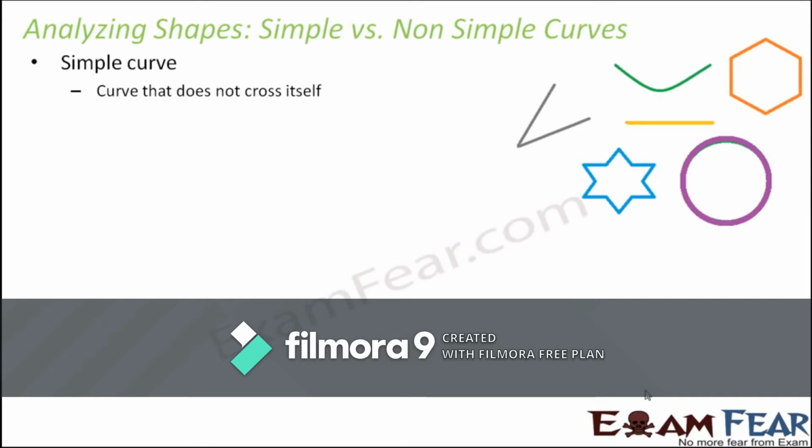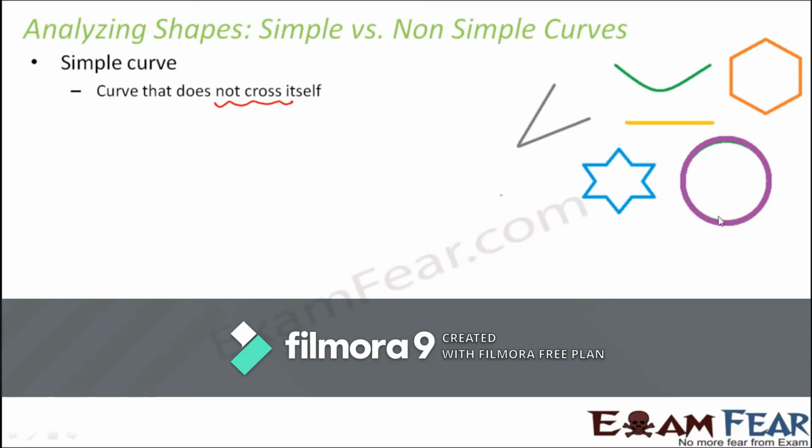So when you look at these curves, now when we talk about simple and non-simple curves, they are independent of open and closed curves. So when we are talking about simple curve, a simple curve can be an open curve, it can also be a closed curve. So you can have simple open curve, you can also have simple closed curve. Now if it is a simple curve, that means the curve will never cross itself. So that's very important. Now when you look at these images, this is the curve. Now this curve never crossed itself, never intersected itself.